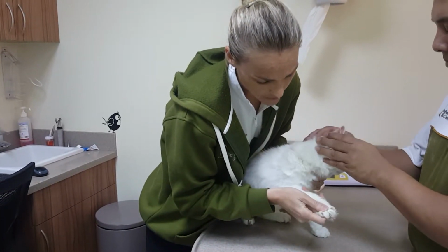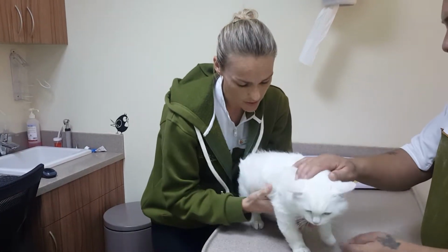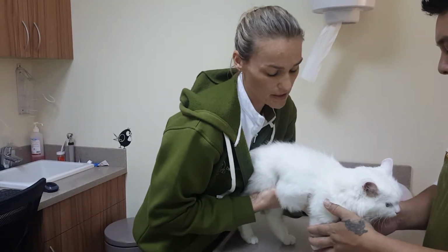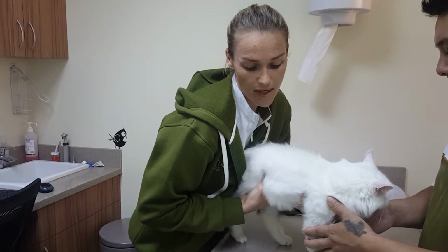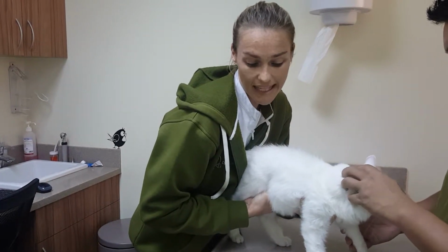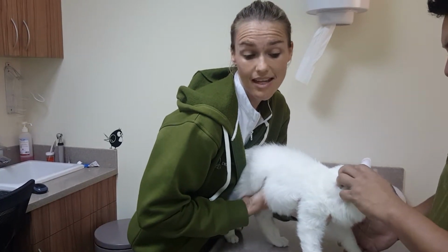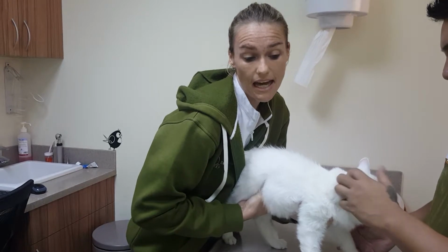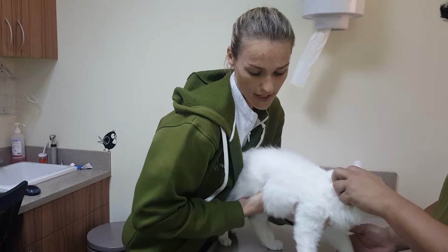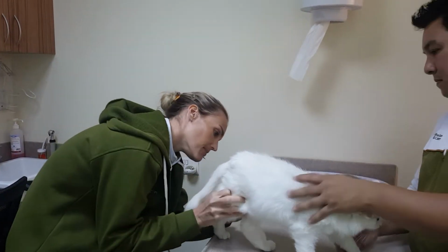Have a little feel of his legs, his joints, his coat. Make sure that there aren't any funny lumps and bumps that might be something that we do need to check out, especially again with an older patient. Because we can get masses on the skin, and they can sometimes not be nice things, so we want to catch them early, and then have a good feel of his tummy, which also feels okay. He's got a big bladder, so he does need a wee, and